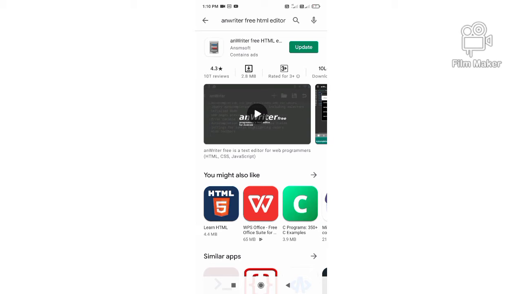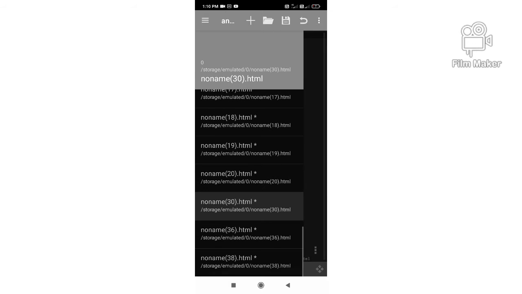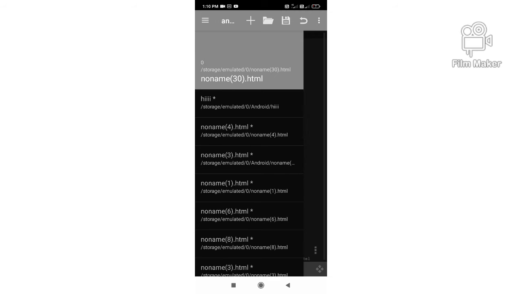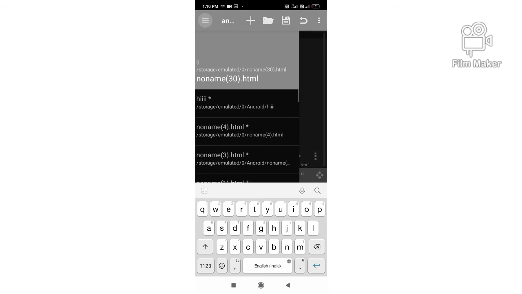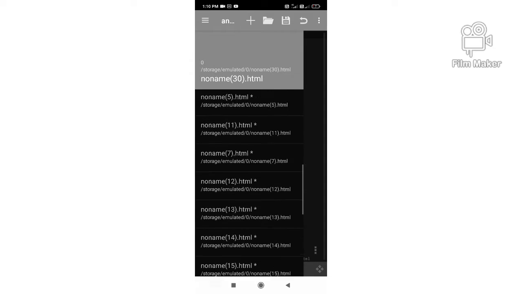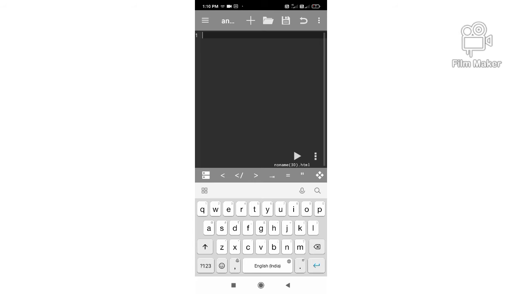So now I'll show you how you can write the text and how you can form HTML. Okay, so first I'll open the app, that is MWriter free. So it's opening. See, it has opened. First I'll give you some information about this app. This is the menu bar where all your HTML files will be saved. You can also save in your files app by doing this. You can see that I have made many HTML files. I have found it useful, so that's why I'm advising you that you can download this app and use it if you don't have laptops at your home.